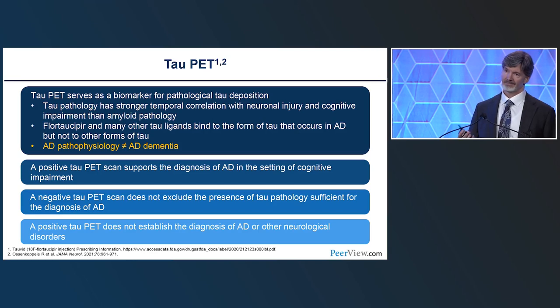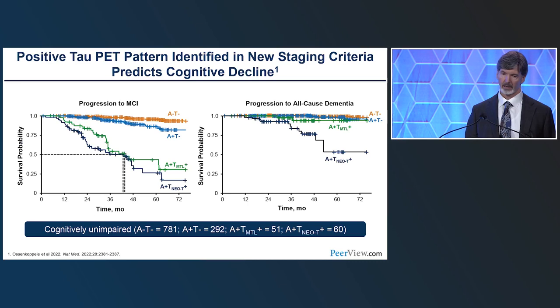So the more people that you look at that have tau positives, more of those people are going to be impaired. And this graph shows that if you have amyloid positives, the blue line on the top, and not tau positive, then the survival probability is much better than even if you have medial temporal tau, as you can see on the bottom here. Also, just a little bit of tau really reduces your outcome. So it is important, and hopefully we'll get a better understanding of how it folds into all this